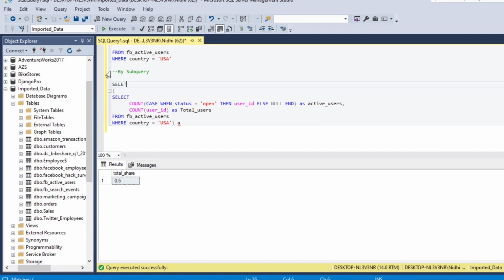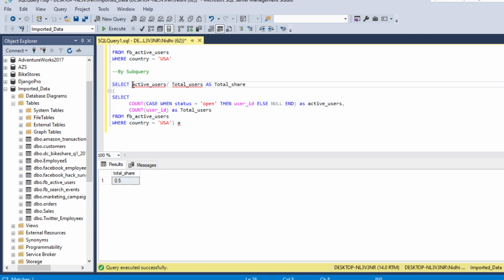So select active users divided by our total users as total share.